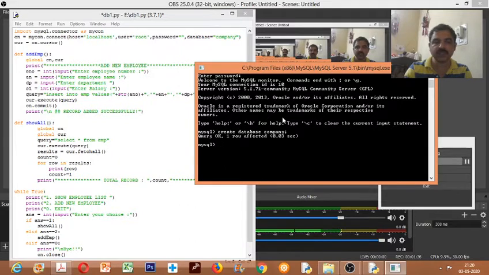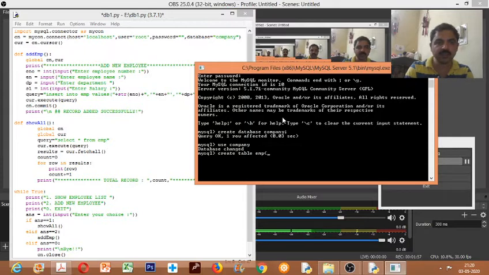After creating a database, I need to create a table. Before I go to the table, I need to open the database, right? So I'll write use company, so I can enter the database. Now I need to create a table, so write create table. The name of the table is EMP.